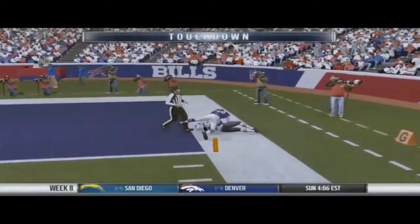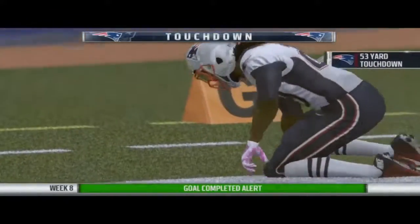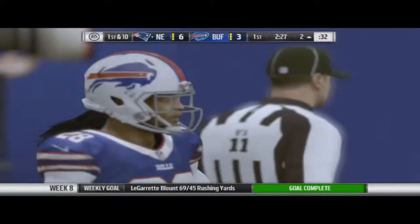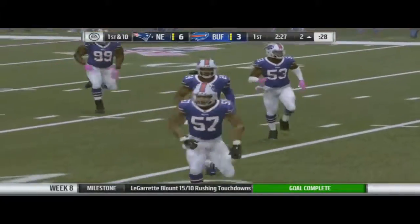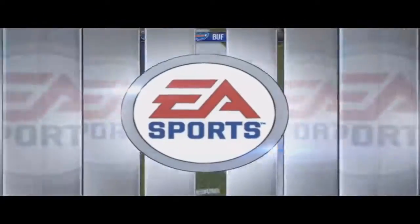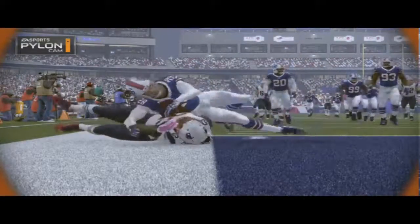And all the way in. Touchdown, New England. LeGarrette Blount, his 17th touchdown now on the season. And the Pats have taken the early lead. And on that long run, maybe the defense caught napping a little bit. The concentration level may not have been there. I agree with you on that one because